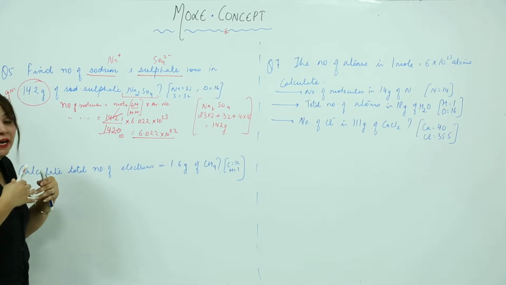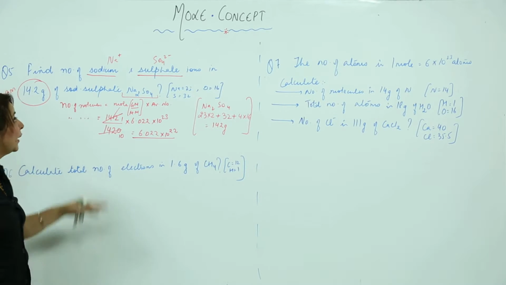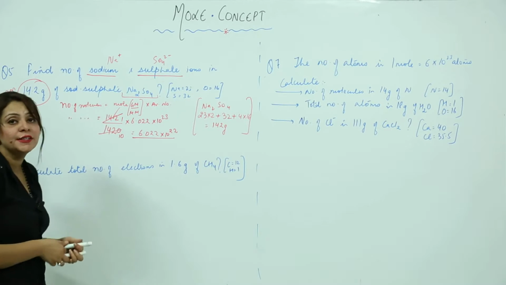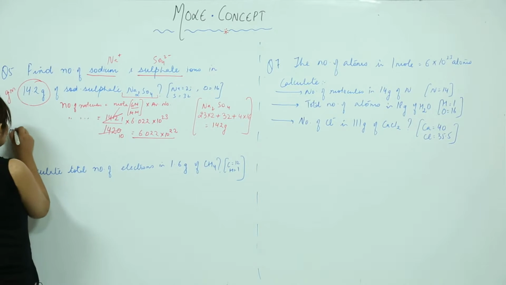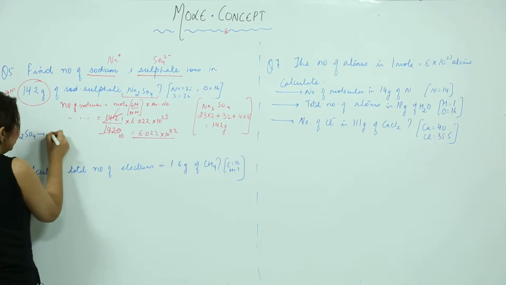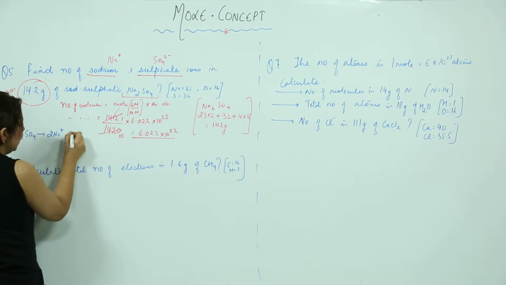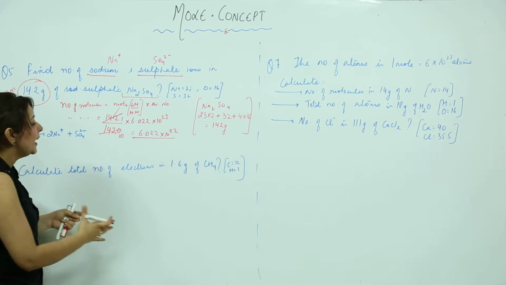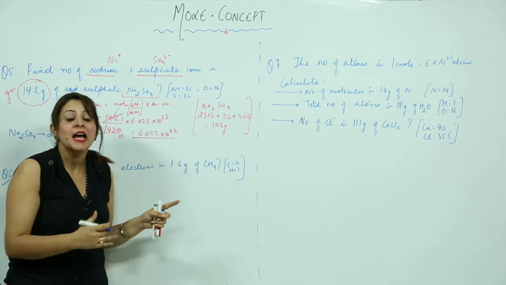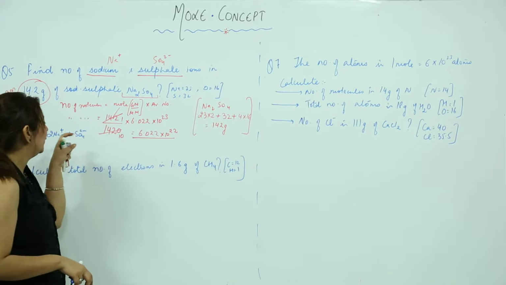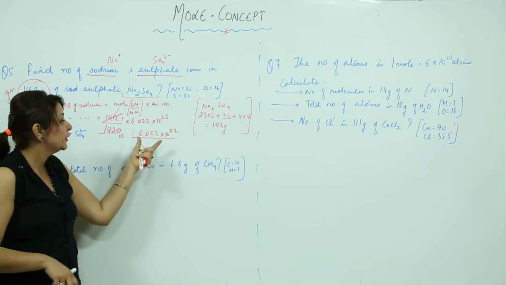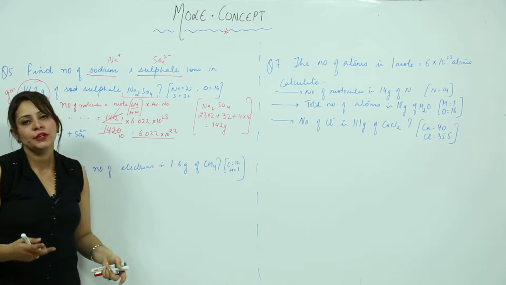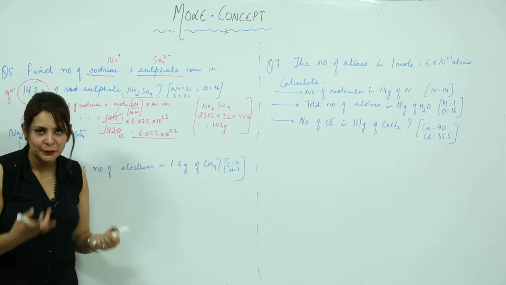Now what is my concern? My concern is to calculate the sodium ions and sulfate ions present in it. So we will be calculating for one molecule first. When one molecule splits, it gives 2 Na ions and 1 SO4 2 negative ion. So if I have this many molecules, and one molecule gives 2 Na and 1 sulfate ion, how many ions will be present in this number of molecules? Obviously, you need to multiply it, right.